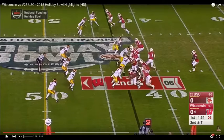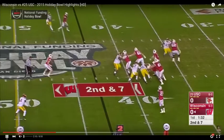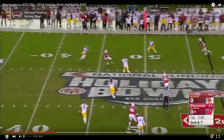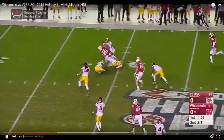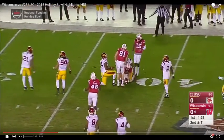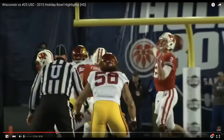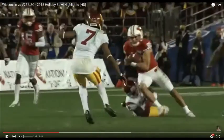Here, we're going to see Stave operate from under center, set up in the pocket nicely, and throw with great accuracy to that curl route. Again, a staple of Stave's game that he's developed over time, short to intermediate accuracy, and knowing where to go with the football. And he throws a nice tight spiral